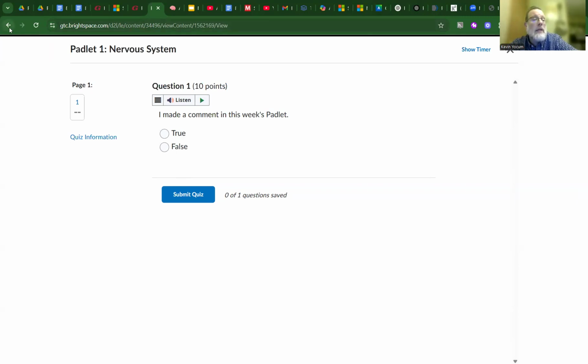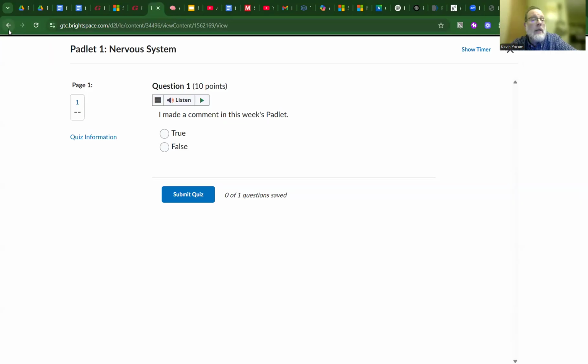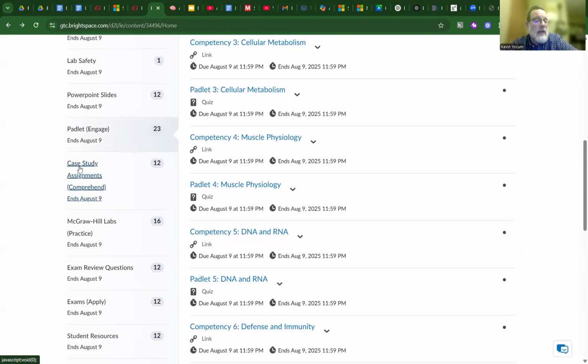So that is all you need to do for the Padlet. You need to make a comment in any one or more. You need to come in and do the one question true false Padlet quiz. All right, so that's it for that. Case studies,